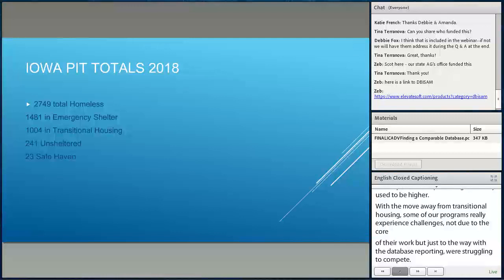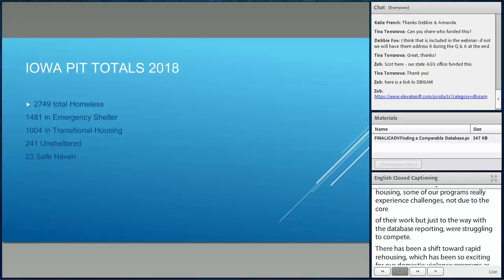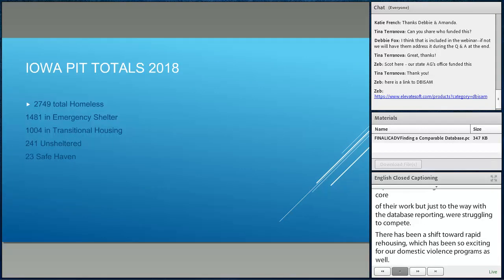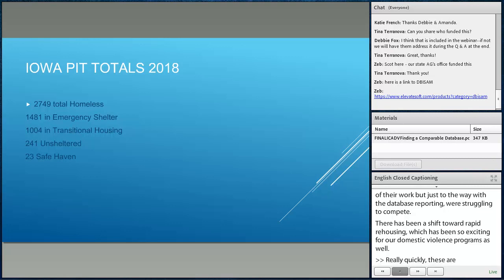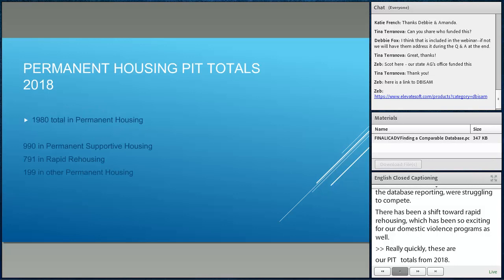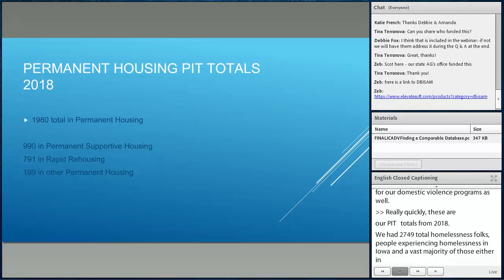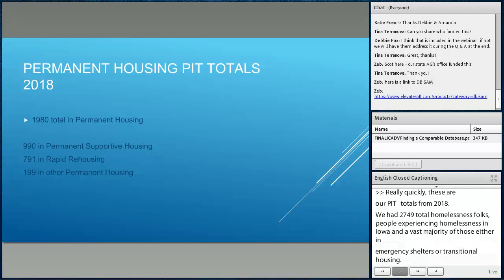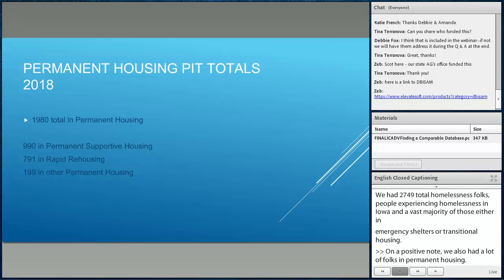Real quick, these are our last HIC totals from 2018. We had 2,749 total folks experiencing homelessness in Iowa. Vast majority of those either in emergency shelter or transitional housing. Though on a positive note, we also had a lot of folks in permanent housing, nearly evenly split between permanent supportive housing and rapid rehousing,